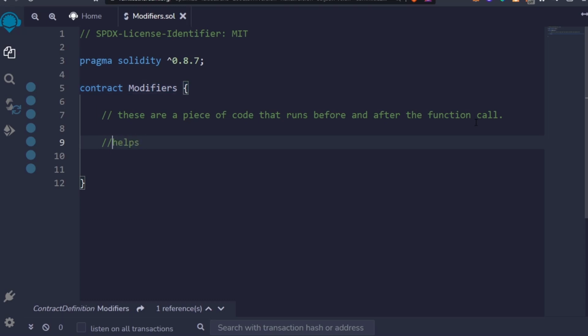Let's say we can add that usable: helps in restricting access for some functions, right? And the next thing they tend to solve is that they increase the usability of your code, because